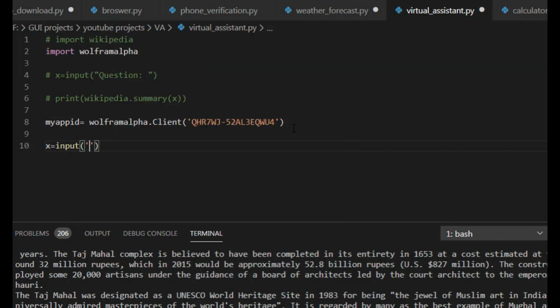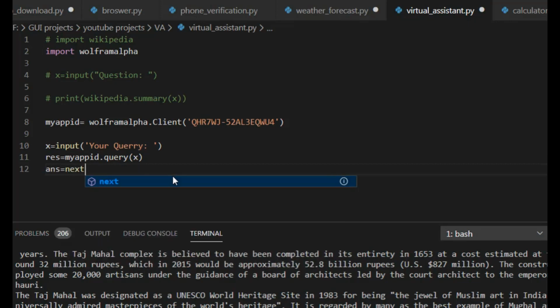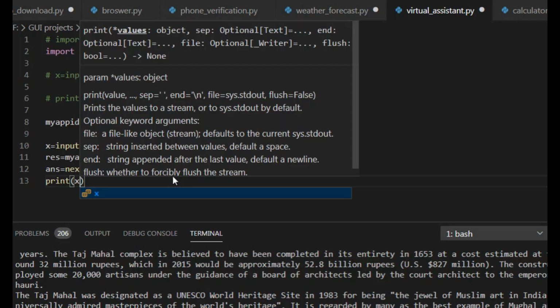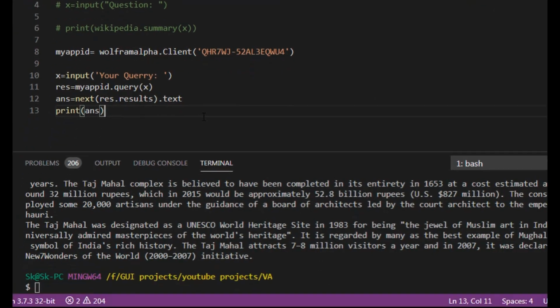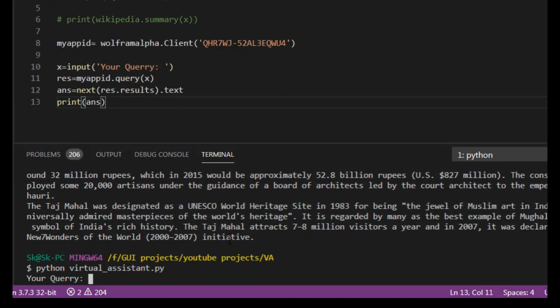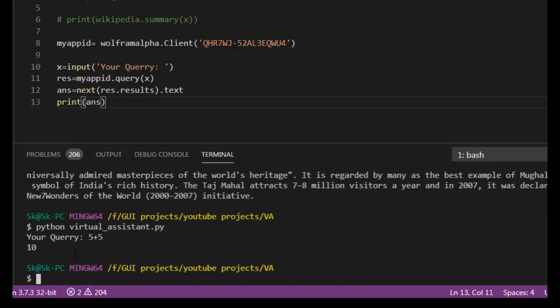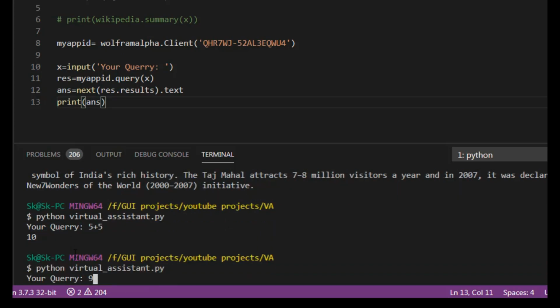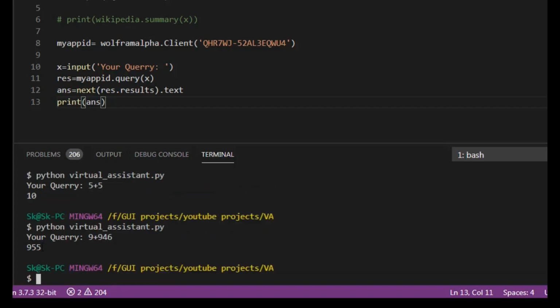Now I'm going to ask the question from the user, and then app_id.query. Answer is equal to next(res.results).text, and then we are going to print our answer. Okay, let's run it. Say your query. I said 5 plus 5. So here is our answer, 10. Okay, let's run it again. Now I say 9 plus 946, which is 955. Okay,